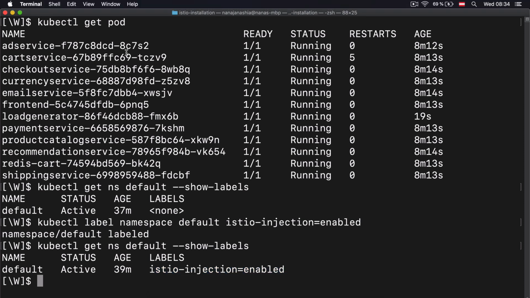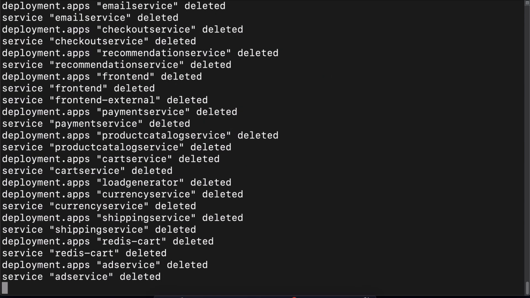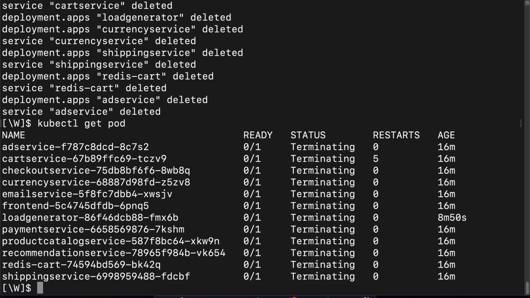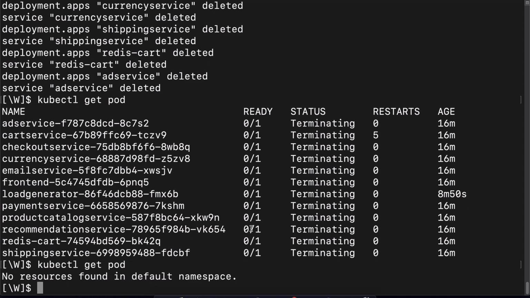So now we can actually shut down all these pods, all those microservices, and then recreate them to see the proxies being injected. So we're going to do kubectl delete the manifests. Let's delete all of them. If I do kubectl get pod now, I should see all of them terminating. And now all the pods are gone. We can now just reapply this Kubernetes manifests file